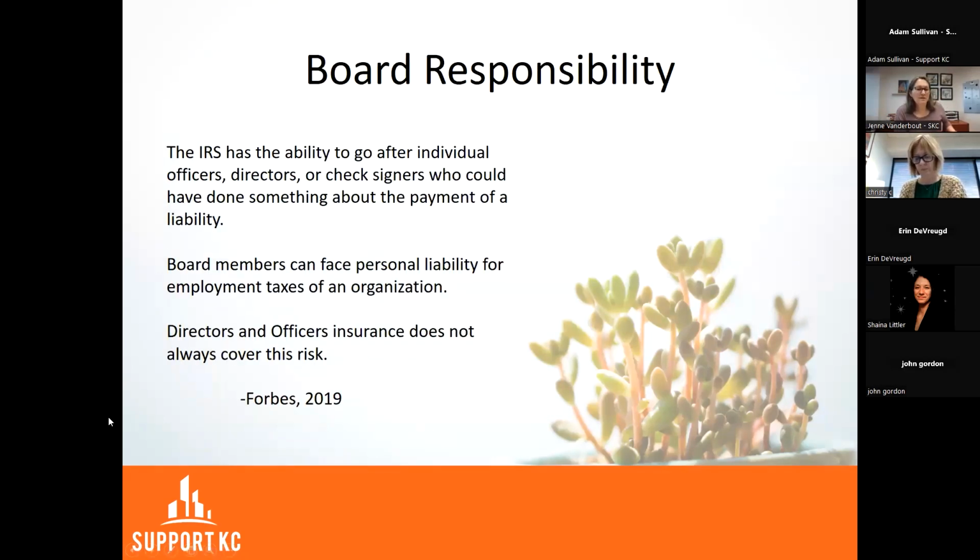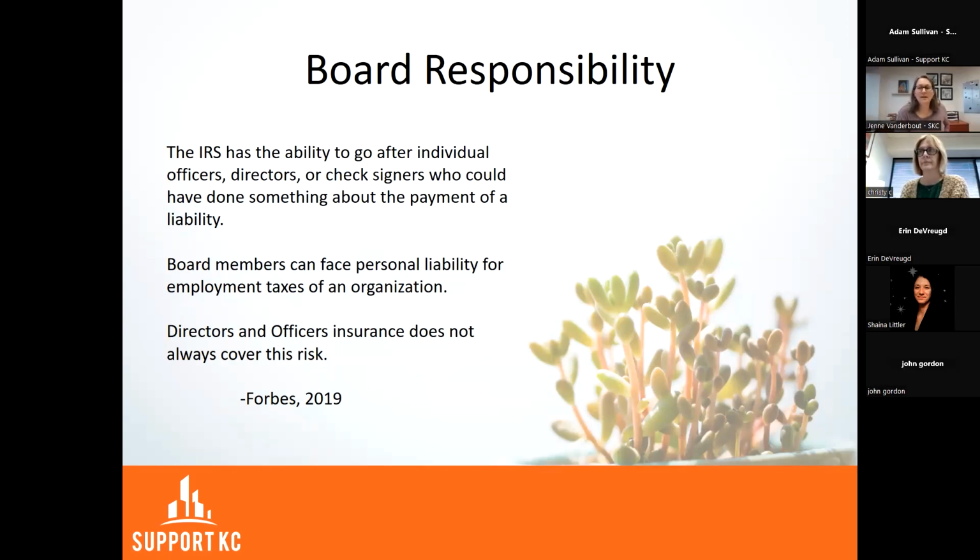We mentioned in the opening a little bit about board responsibility related to payroll, and it's not something we think a lot about when we think about what our board roles are, although we know that they're financially responsible. They're responsible for the financial stability of the organization. But from this Forbes article in 2019, we wanted to pull this excerpt out because it is something that we